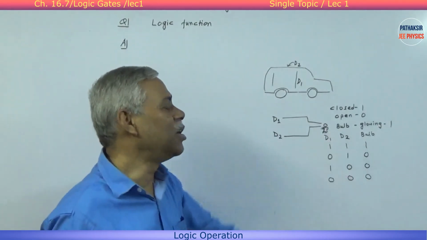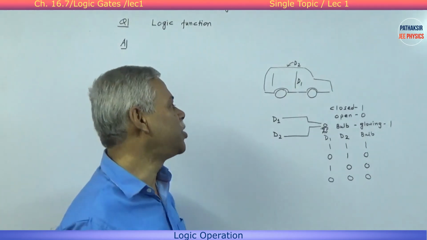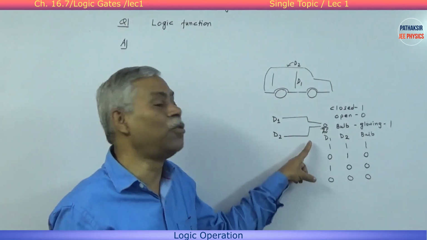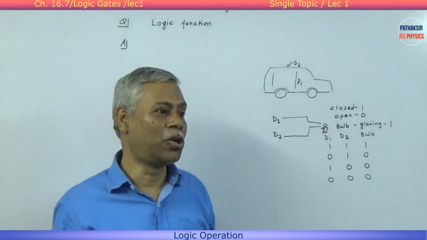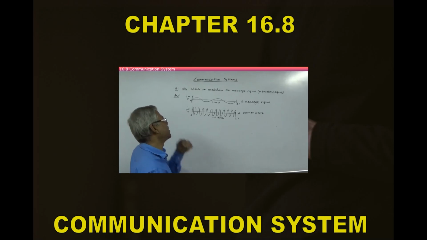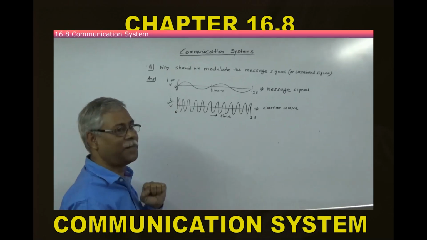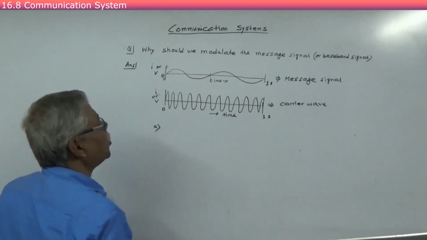So this is a logic operation, and this type of logic operation is called AND. Now why is it required? There are 3 reasons. First reason is to keep